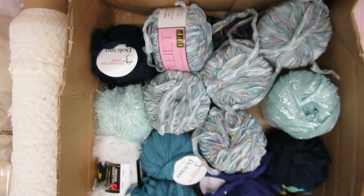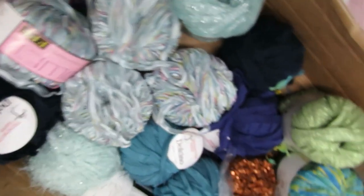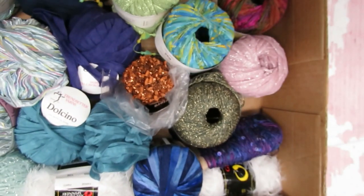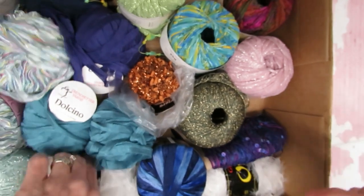So I thought I'd maybe just show you guys the fibers first real quick because they are all in a nice little box. And these were the ones that my mom and Joanne both picked over that they didn't want, and I just grabbed the ones that I thought I might be interested in. There was still maybe another box or so left that my mom is going to donate to one of those charities, but I did grab